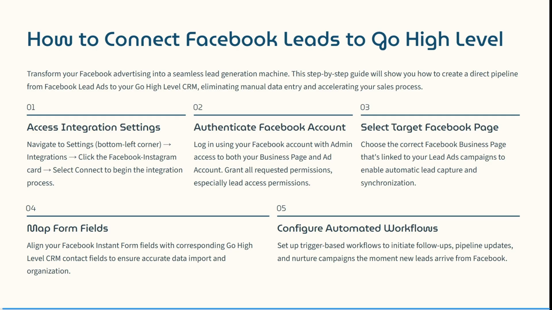So first of all, you need to access the integration settings. So let's navigate to settings on the bottom left corner, and then we are going to click on integrations, and this is now in your Gohighlevel account. You're then going to look for Facebook Instagram card, and then you're going to select connect to begin the integration